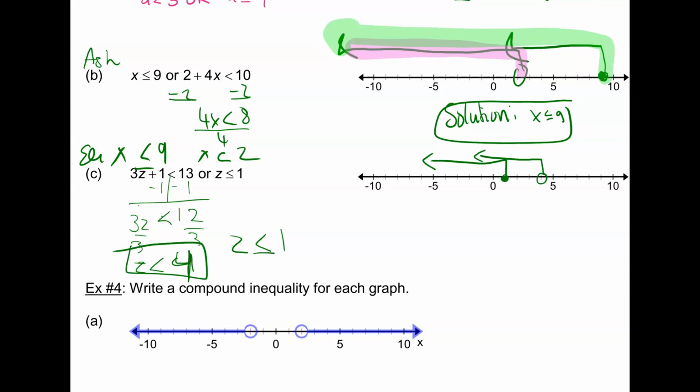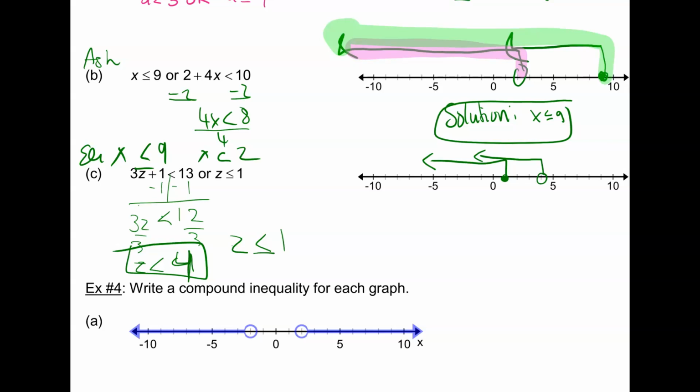Alright, let's see. So you subtract 1, so it's 12 divided by 3, which is 4. Awesome. And then z is less than or equal to 1, so you have a dot, and then z less than 4. Okay, cool. So what's the actual solution? Just z is less than 4. Awesome. Since it's an or,